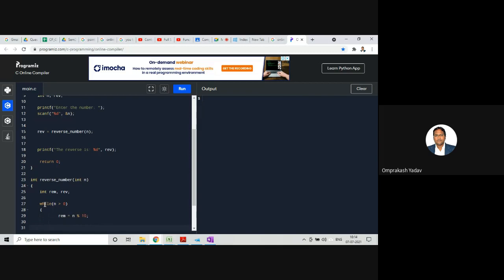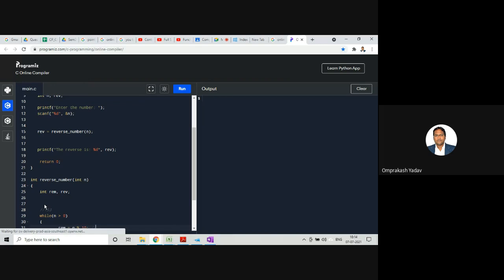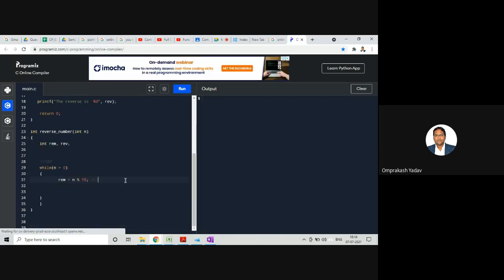Suppose we have a number 153. The output should be 351. So at this particular place, we will get 3 first, right? Now we got this particular number. We will say reverse is equal to reverse into 10 plus this remainder.